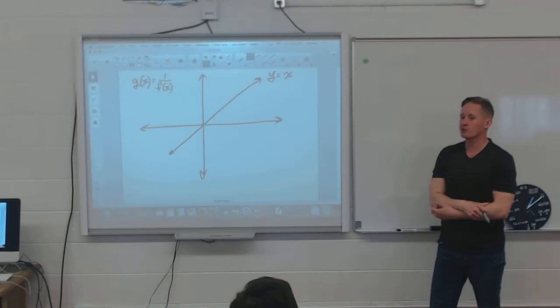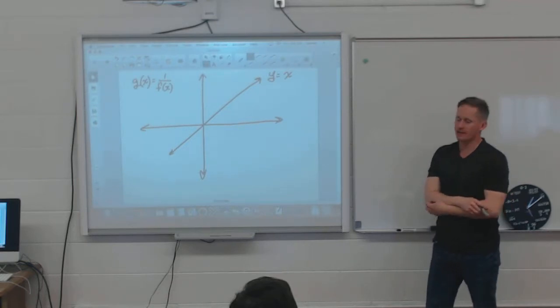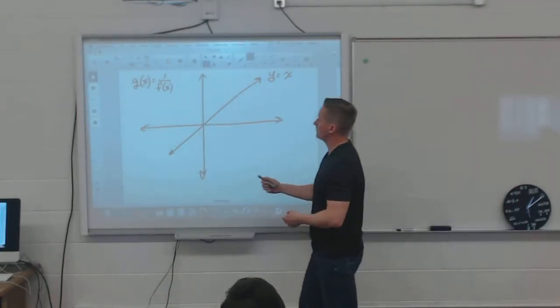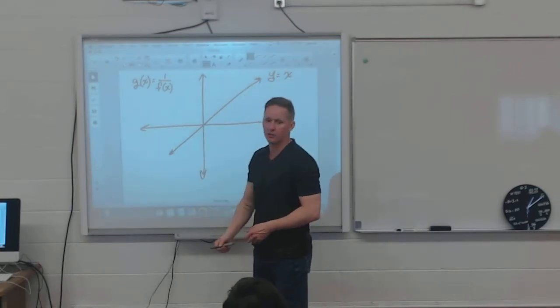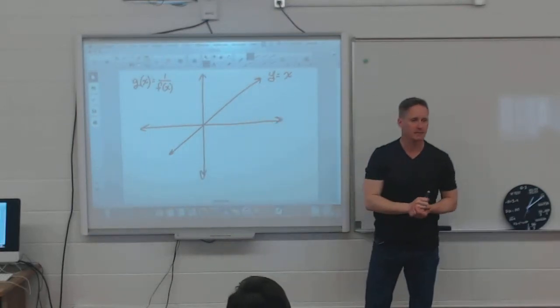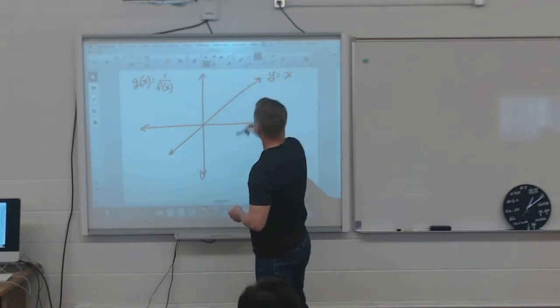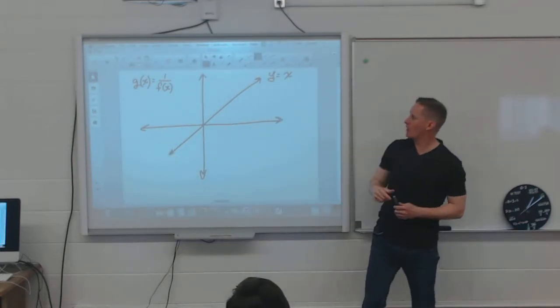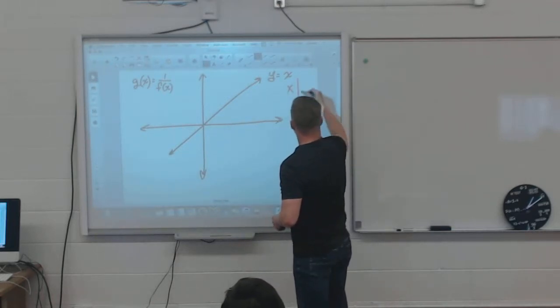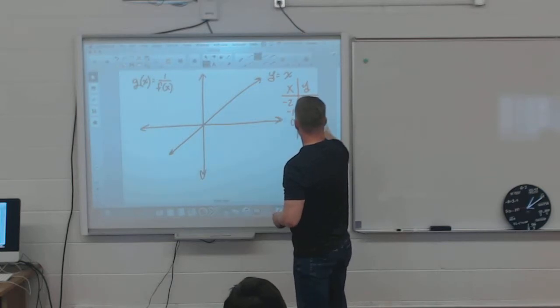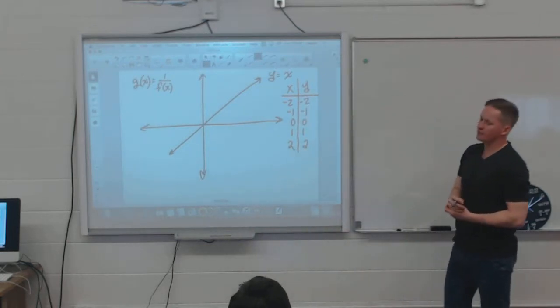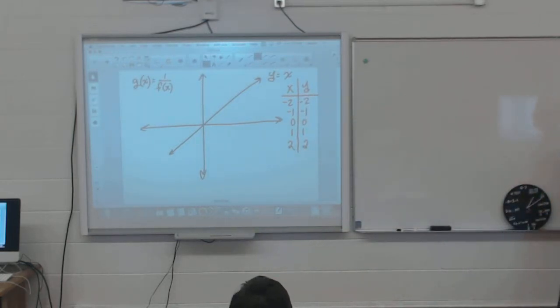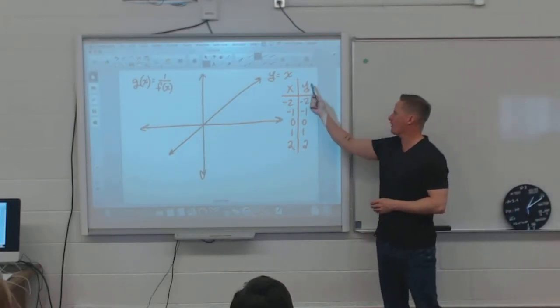Okay? So there's a real slick and easy process to what happens here. So you have to follow the process in order to do it. The first thing I do is graph my original line, which again is y equals x. The second step in this, let me put down just a few numbers. So that's what a table of values for y equals x looks like, right? Now if I want to take the reciprocal of this, meaning I want to take 1 over all of my y values,